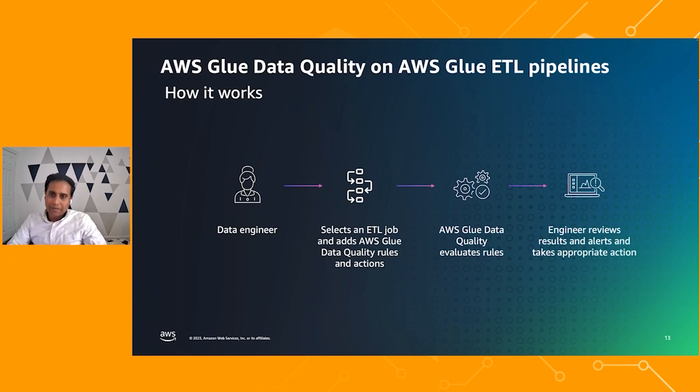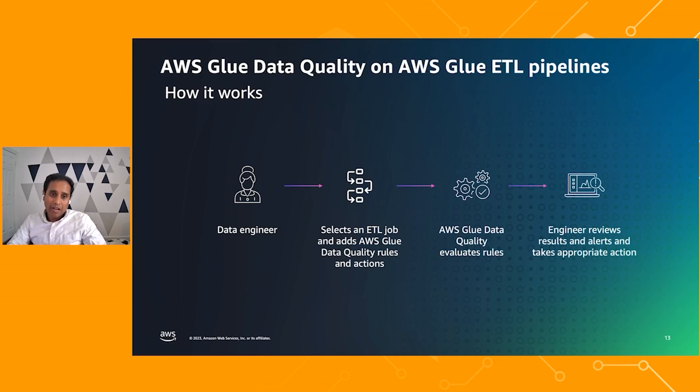The same concepts apply in terms of setting up actions. You can get alerted. You can write to CloudWatch metrics. You can write these results anywhere you want. You can stop the job if you find a data quality issue. You can continue the job. All of these buttons and configurations and knobs are available for you to take appropriate action. Again, you will get a data quality score at a pipeline level. You can use this to determine how well the data is actually being either ingested into your data lakes or processed by your pipelines.